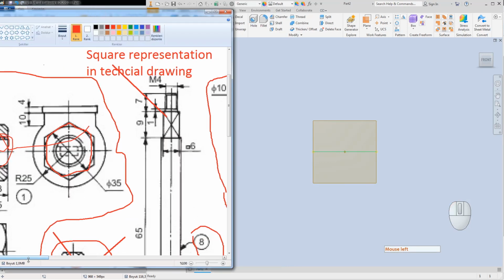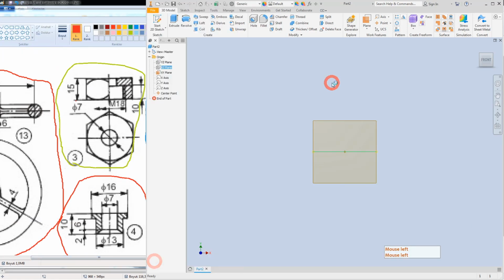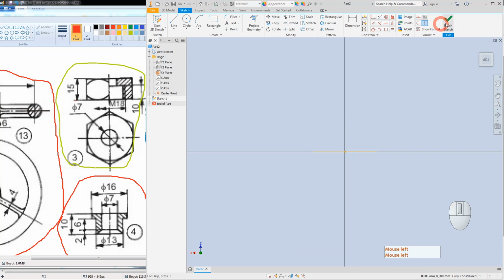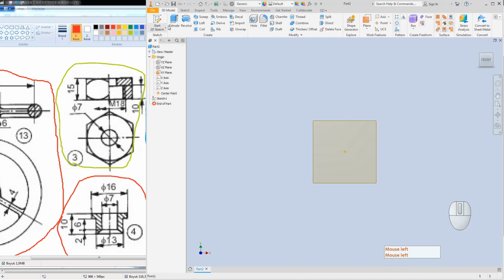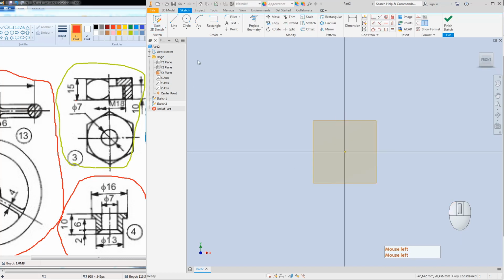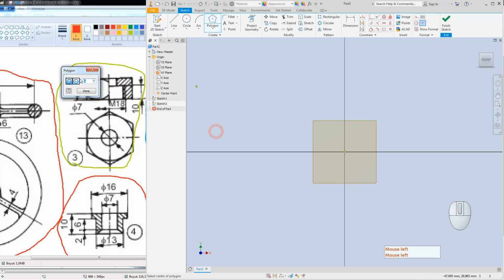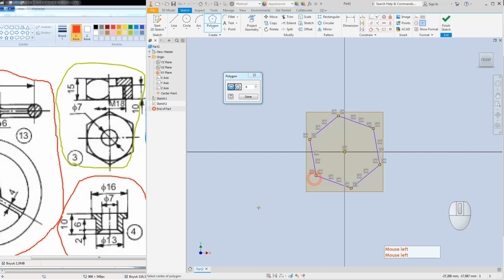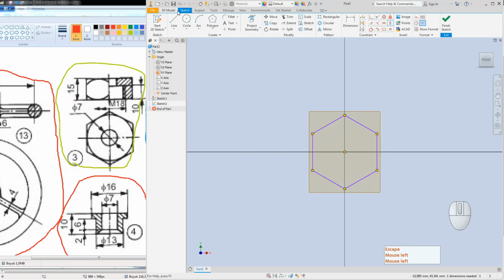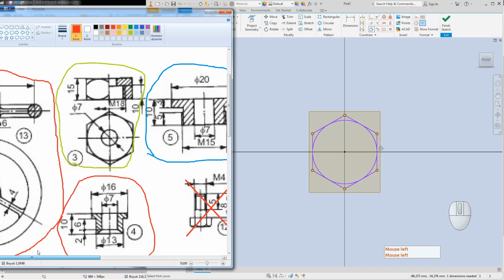I'll just use this portion. Okay, let's create the first thing. I need a sketch on the front view. I use XY plane. I need a polygon, 6 sides. I use this point. I will just make one side horizontally constrained. And from this one, I will make this line tangent to, and I will define the packing